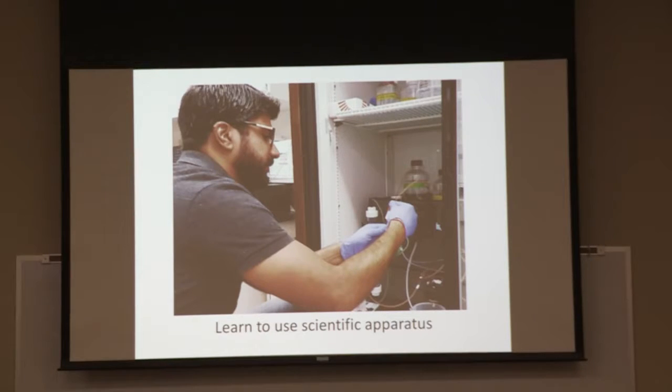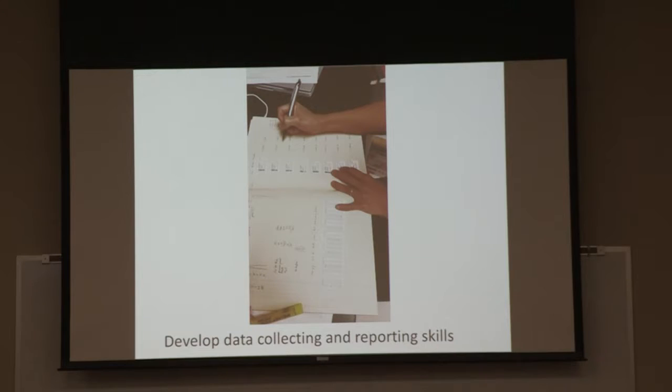So something that's really common in all laboratory experiences is that the student needs to go in and learn how to use very specific equipment in order to carry out their experiments. And the other thing is that they need to be able to accurately record their experiments, to describe the steps that they took to carry out that experiment, and also to accurately and completely record the data. If they do not record how they did the experiment as well as their data, then in the end it's going to be very difficult, if not impossible, to analyze the results that they obtained.